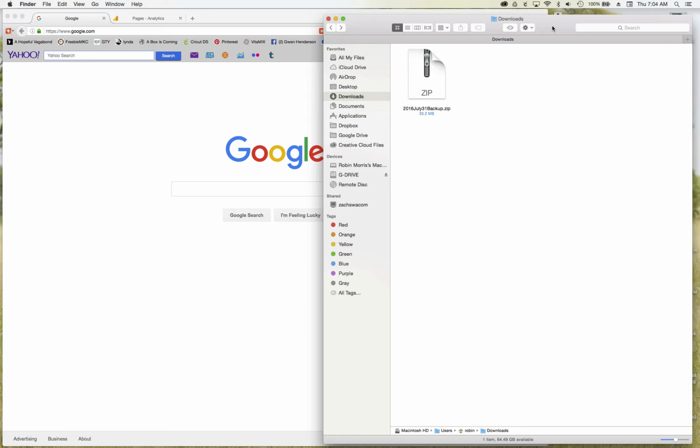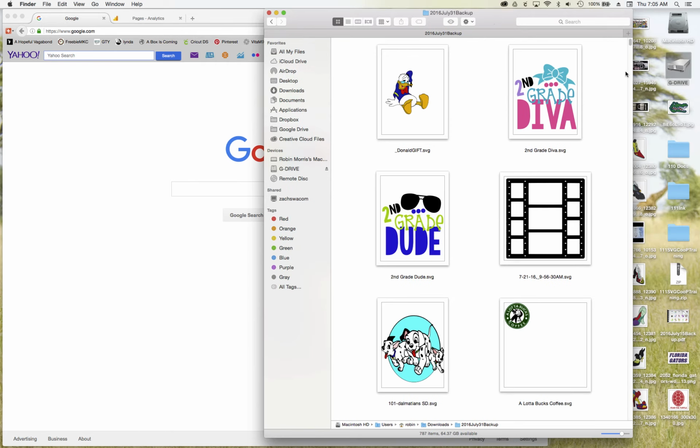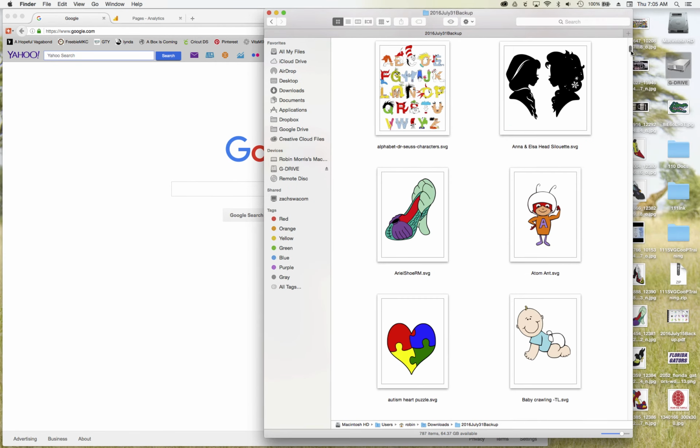This morning what we're going to do is I'm going to show you how to load files onto your Google Drive. And where I'm starting right now, I had downloaded the most recent backup drive from the SVG Coop Facebook group. And it comes into my download folder as a zip file. So all I need to do is double click, and it's going to open up the folder. And inside that folder, you can see there's all of the SVGs that we created during